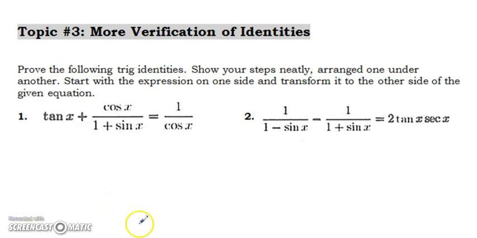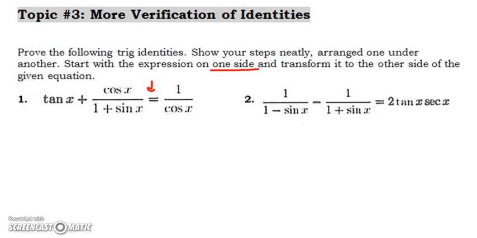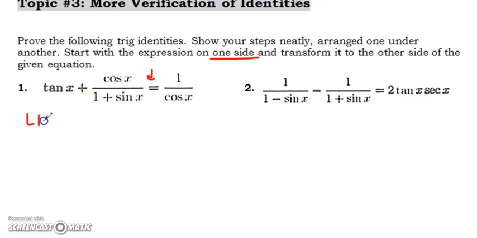Remember from an earlier video and lesson, I talked about the fact that you want to pick just one of the sides and transform that. So I'm going to try every time to identify which side I picked. Left-hand side would be the side to the left of the equal sign, and the right-hand side would be this one. So in this first problem, I'm going to pick the left-hand side, and the first step that I'm going to take is to make these both